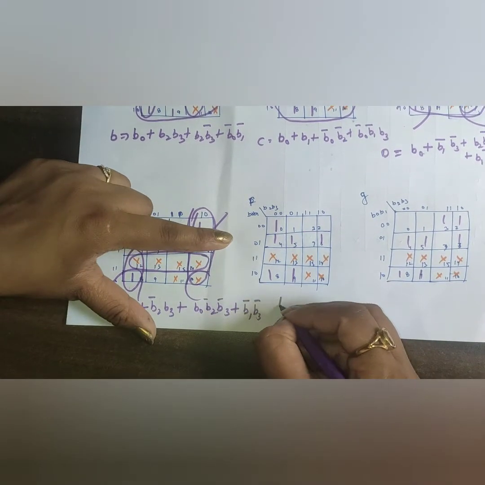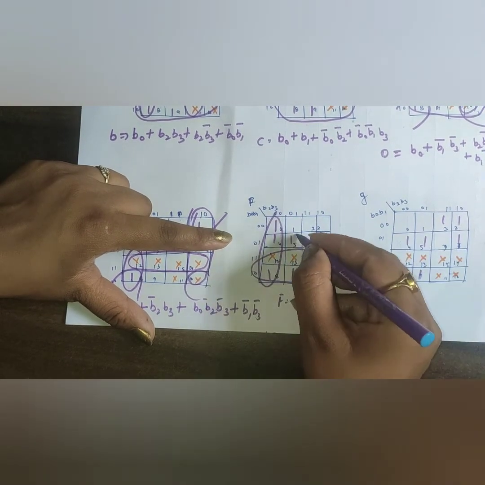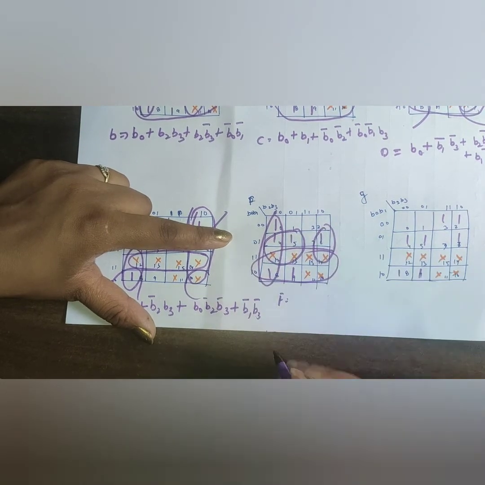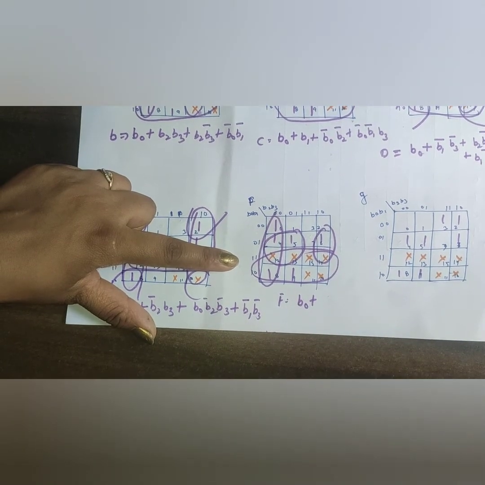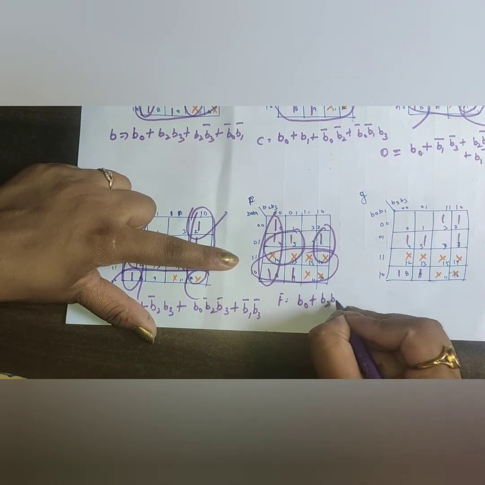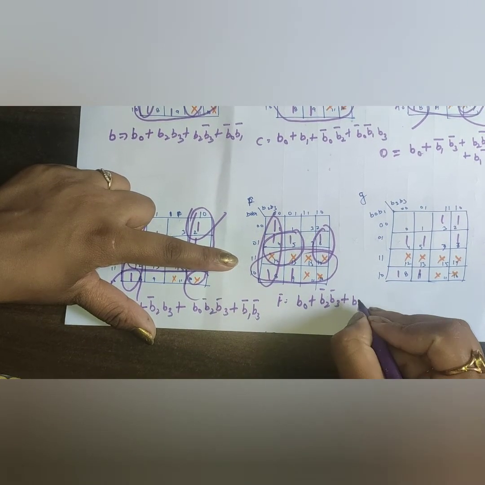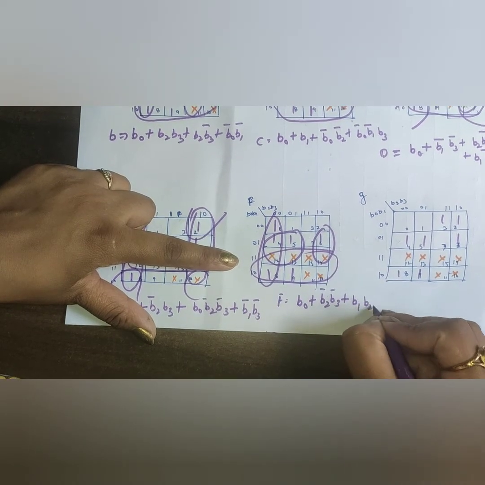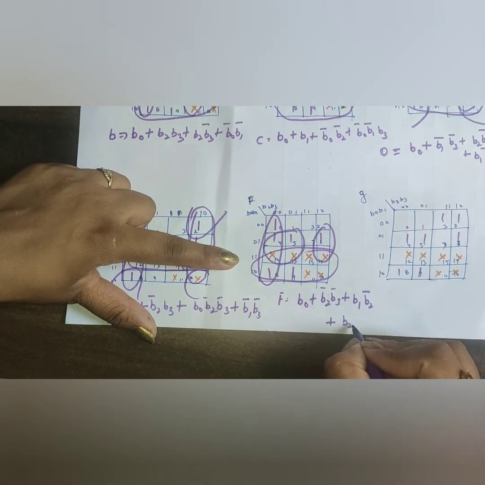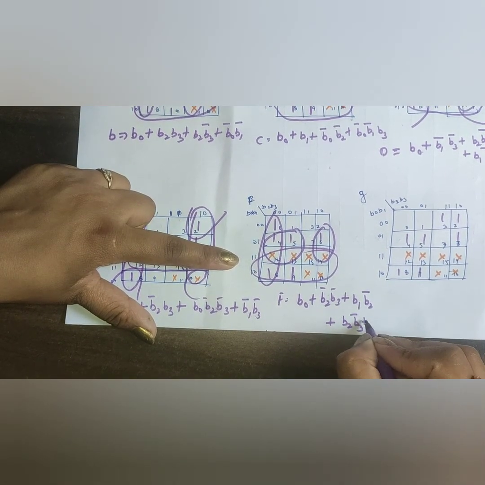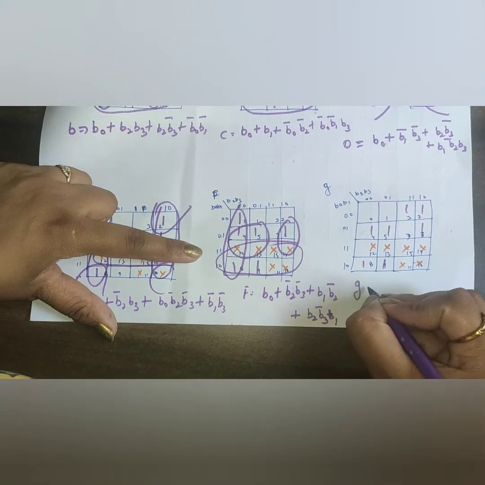Okay, for F will be like this 4 group, this 4 group and this 2 group. Okay, the 8 group will be B0 plus that is B2 B3 bar plus for this 4 group that is B1, and for this to this B2 bar plus from here to here B2 B3 bar, B2 B3 and here to here B1, and this G will be